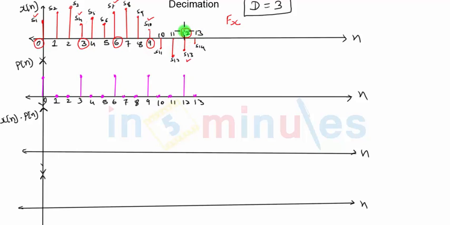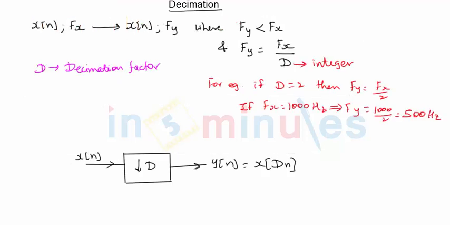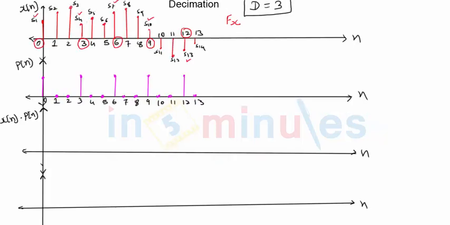So now the question is, how do we generate y of n from x of n? How do I generate a signal in which, after S1, the next sample is S4, the next sample is S7, the next sample is S10, and so on? So how to generate this signal? To generate that signal, which we have called y of n in our previous block diagram, basically we'll have to take a signal called p of n.